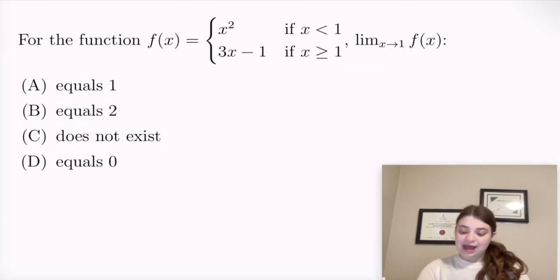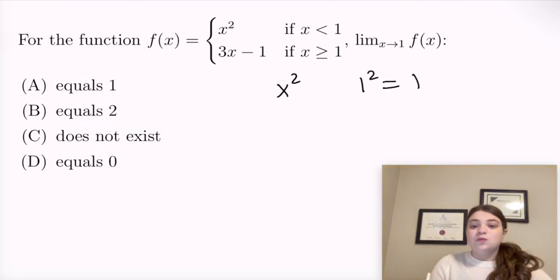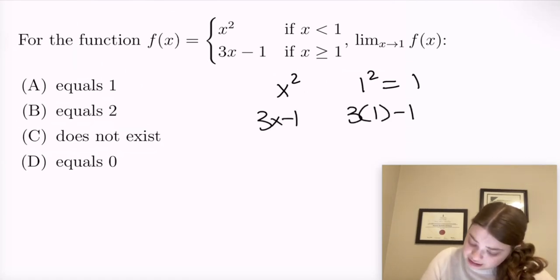However, if we end up with different values for approaching from the left or the right, then we end up with the limit not existing. So let's say we're approaching it from the left first, okay? So that's where x is slightly less than 1. Then we would have x squared, which in this case would be 1 squared, which is just 1. Whereas for the right-hand limit, we plug in 1 to 3x minus 1, so we get that 3x minus 1 is 3 minus 1,